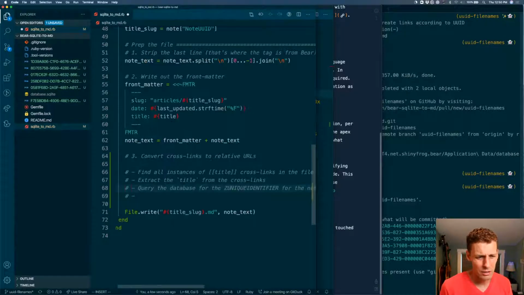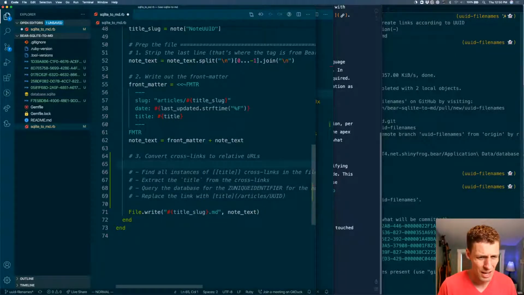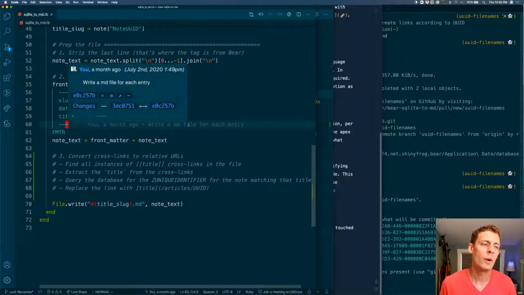All right, query the database for the Z unique identifier, and then reformat the link to be title, UUID, and it'll be articles/UUID, so that it's actually a permanent link to the right place. Replace the link with. Okay, so that's the process we've got to go through. Let's see how far we can get today. So we'll start off by finding all. Okay, so the question is,